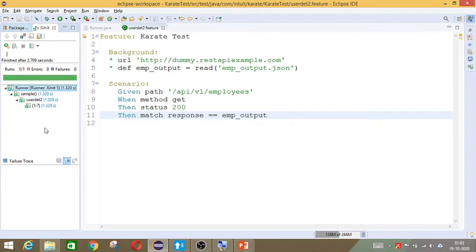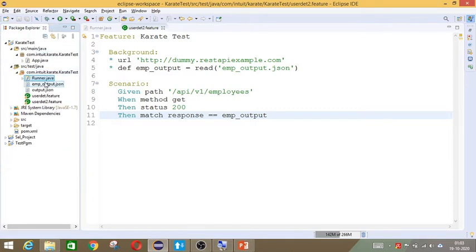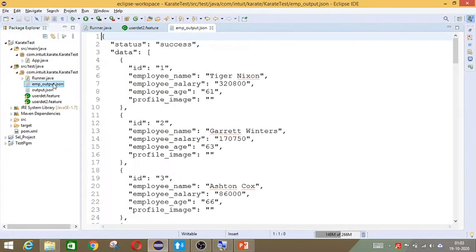Now if we don't want a particular value to be validated in this file, then what you should do is, in the same file, suppose you don't want the salary to be validated, whatever salary comes is fine for you, or you are not sure what salary value will come. In that case you can give #ignore.